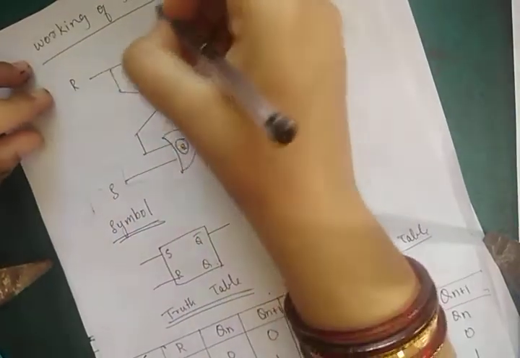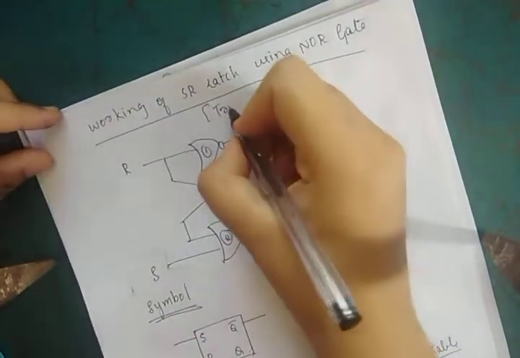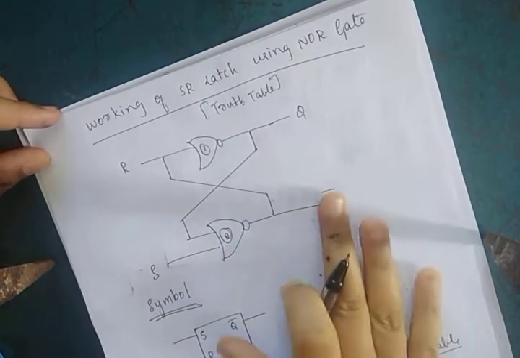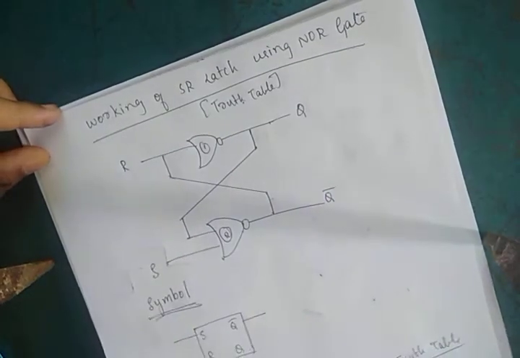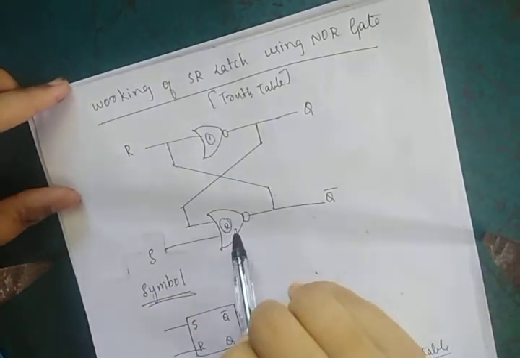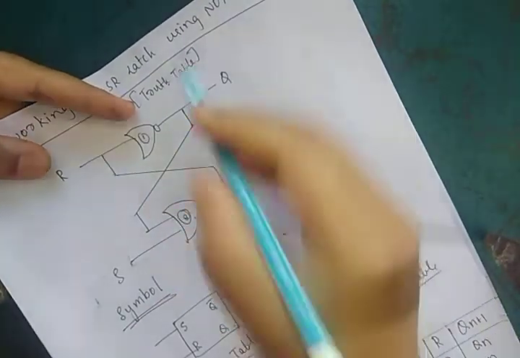Now, the working of the SR latch truth table. For the truth table explanation, I'll use this NOR one only, whereas for the rest of the things I'll use NAND only. Now listen carefully. As we know, here R and S are there. I'm using two NOR gates. Here Q and Q bar are there. Crisscross the connection. I'll explain how you need to put this diagram here. I'll draw with pencil.